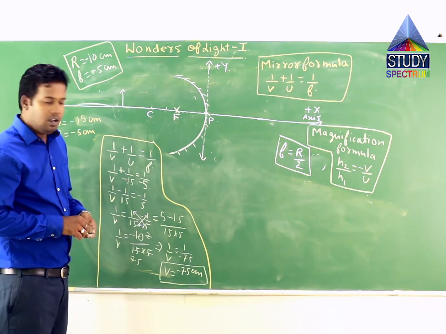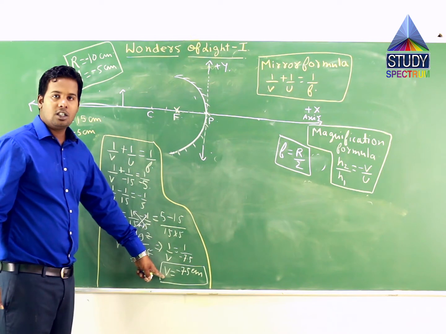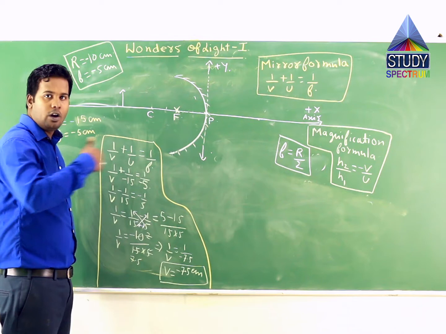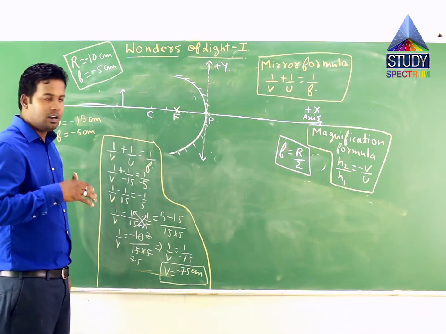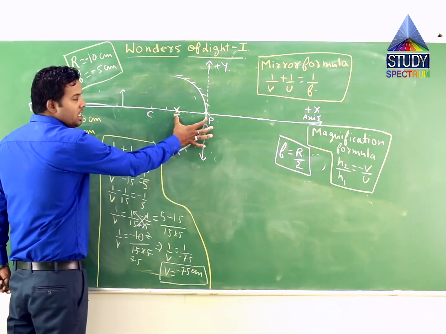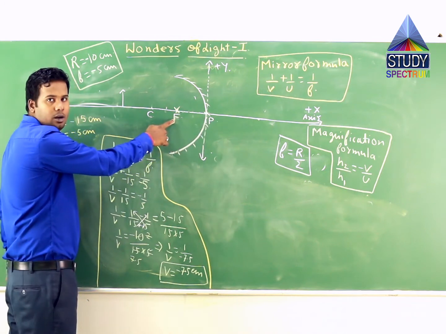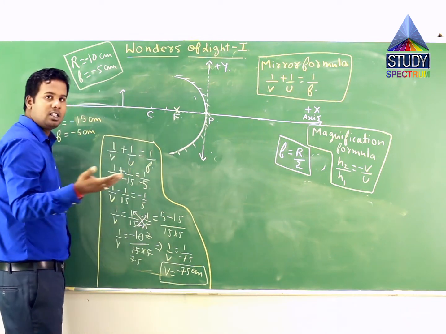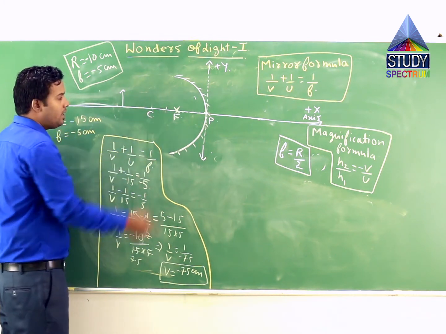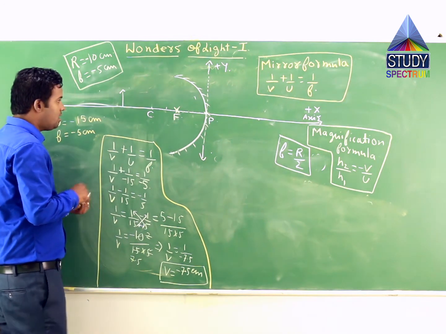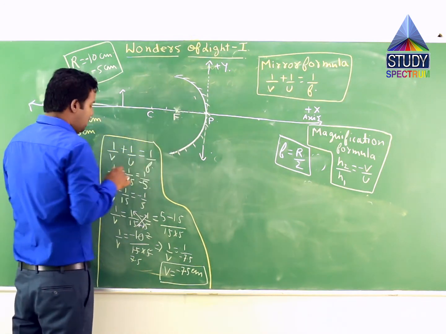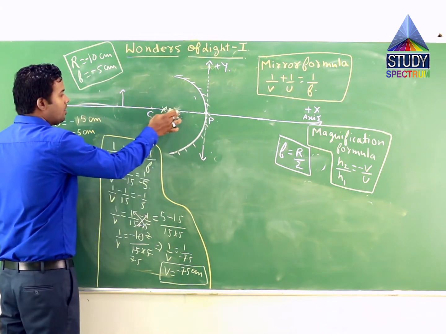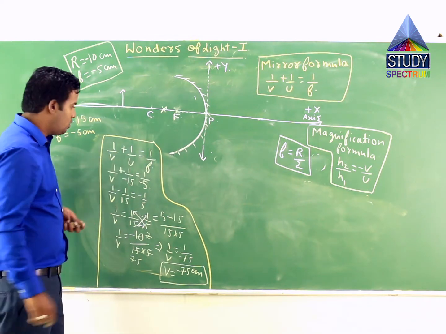What are the two results? First, we will try to locate where this minus 7.5 is. Since this value is negative and is for horizontal distance, the x-axis, see this focus point is minus 5, this center of curvature is minus 10, then definitely minus 7.5 should lie somewhere between C and F. It means the image this time has formed somewhere between C and F. Correct? So the first result is